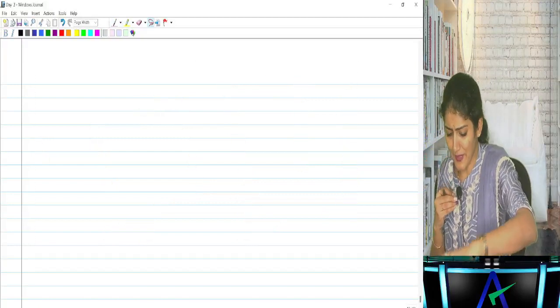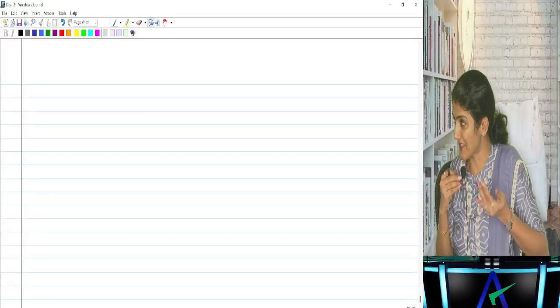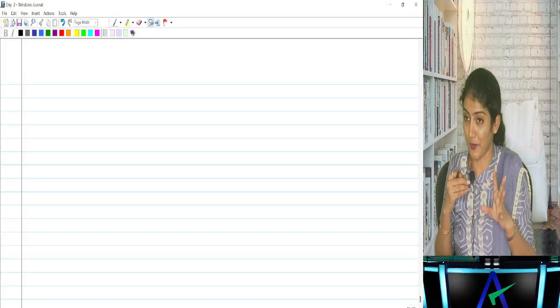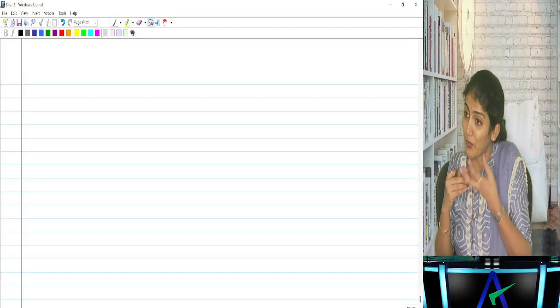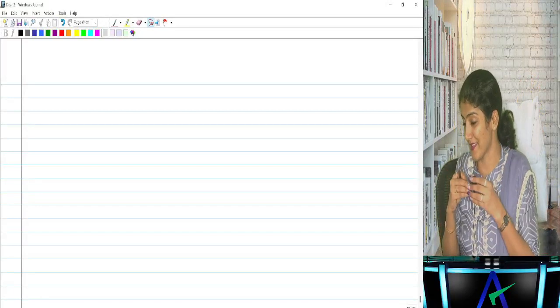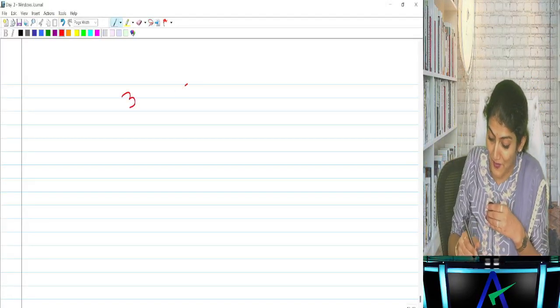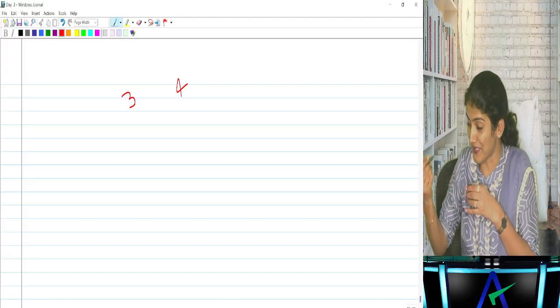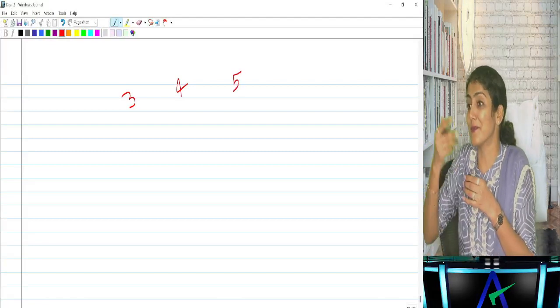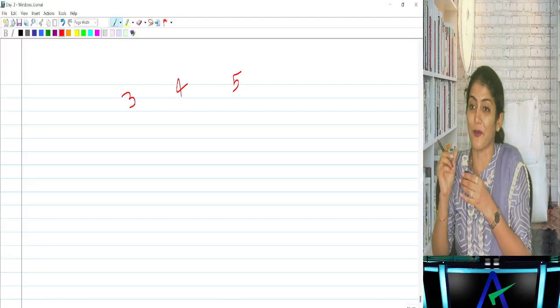Some time back we never saw a 3 mark question, but now because of the pattern of the paper, we can see the 3 mark question. And obviously, can they check more of your concepts with 3 marks? Yes, they can check more of the concepts. You should have the art. Okay, same question, if it is asked for 3 marks, how much to write? Same asked for 4 marks, how much to write? Same asked for 5 marks, how much to write? Accordingly you have to fit your answer.